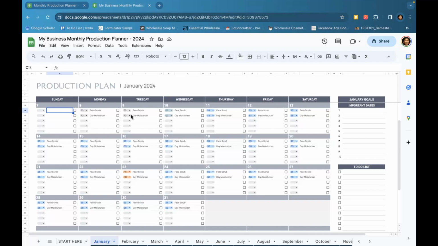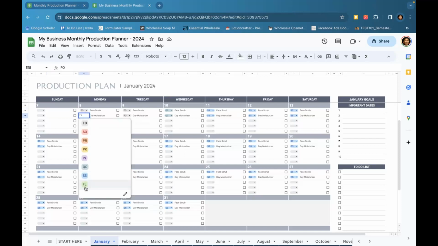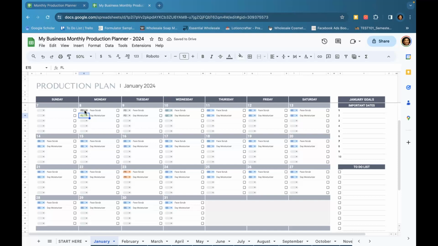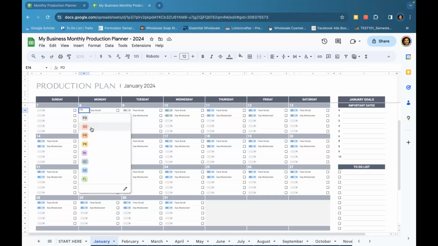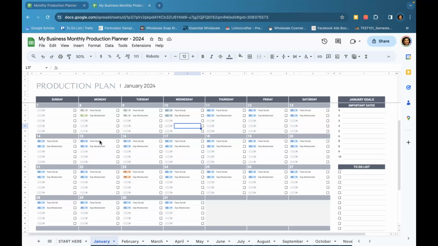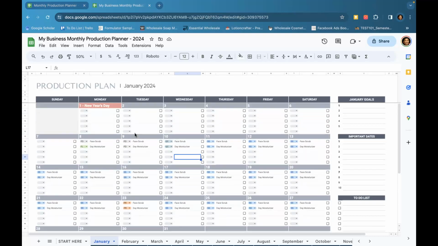Green means that you're ready to send it out. So anything that is ready to be fulfilled means green is ready to go. Gray means you're just starting. Red means you're just starting, which is sourcing supplies that you may need for either R&D or for production. So let's just say hypothetically,